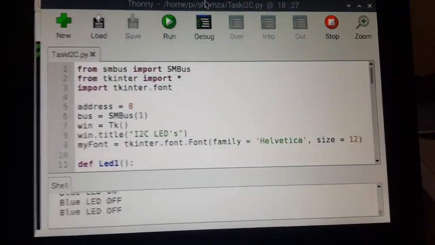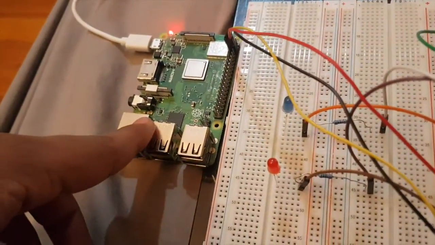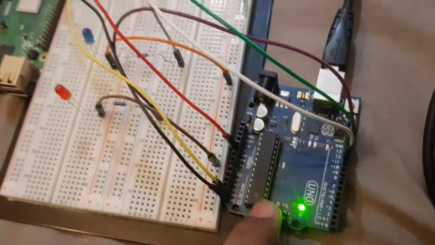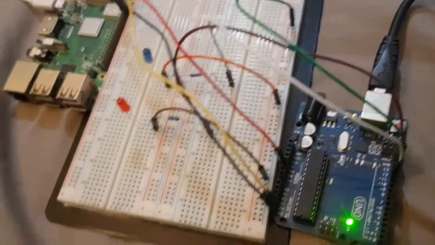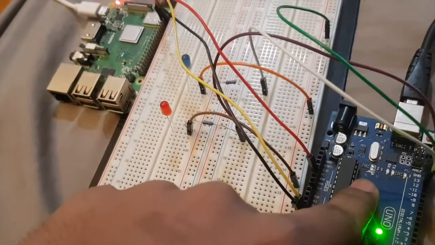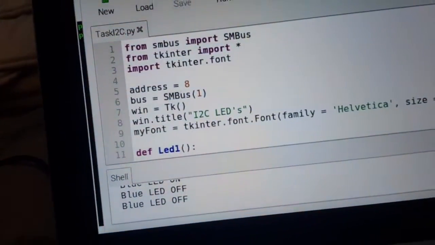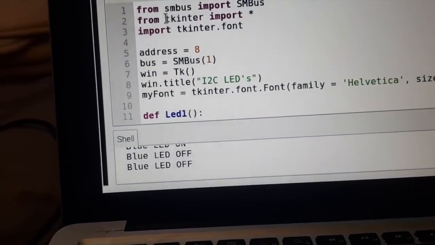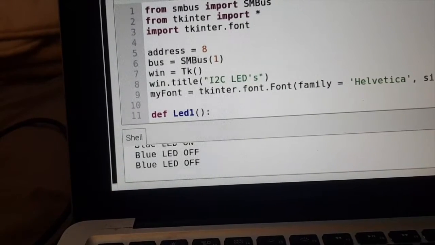For this task, I've connected my Raspberry Pi to my Arduino through I2C, and I'm using my Raspberry Pi to turn these LEDs on and off through my Arduino. Before we go into the code, first of all, I'd like to show you